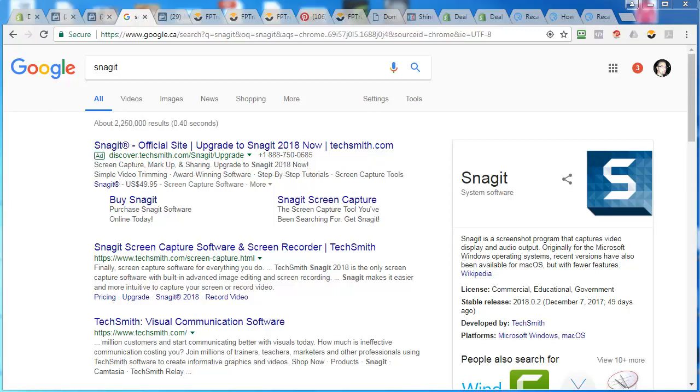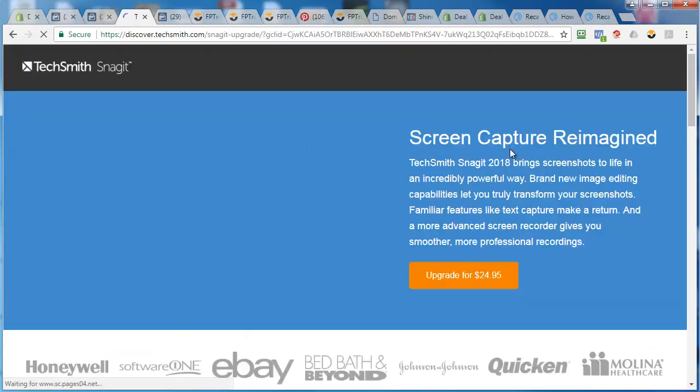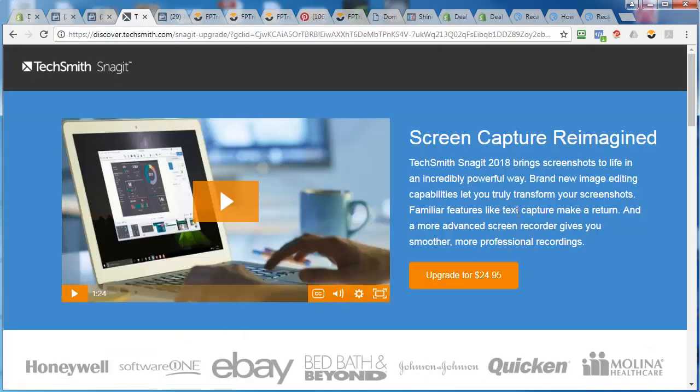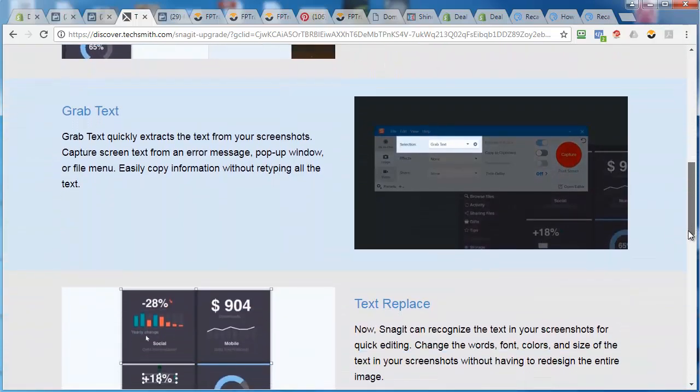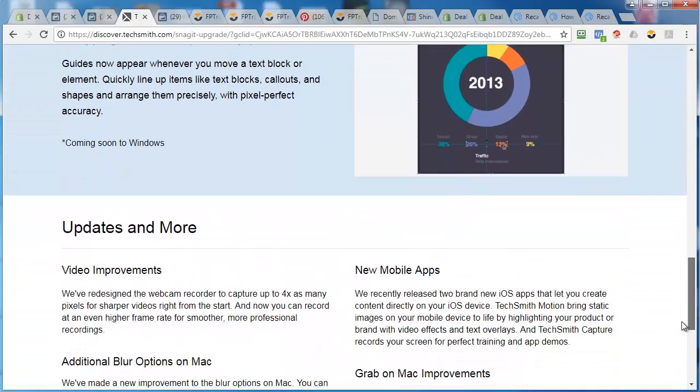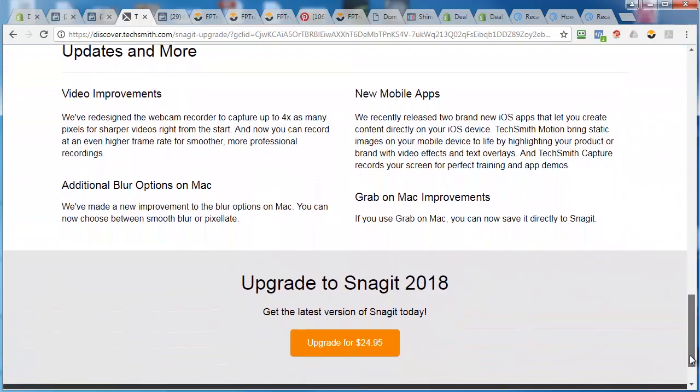So Snagit is the tool that I use. It's right here. It's I think it's 30 bucks. Oh, wait, 24.95. I don't know, I bought it a while ago. This is a good one. You can snag images very easily. There's also free